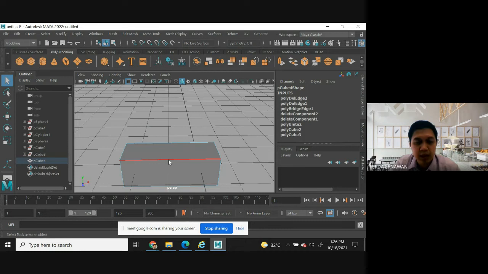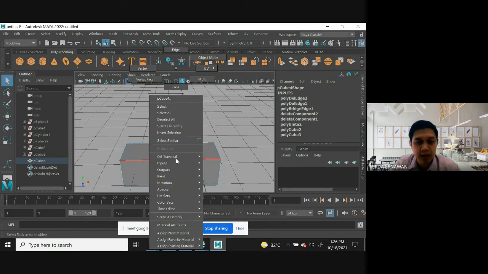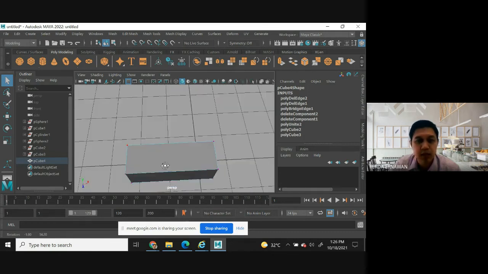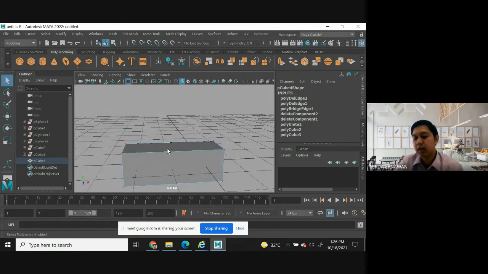If you look at the vertex here, there is no point in the middle. So in Maya, you learn about the bridge, about the vertex, about the detail. How to delete the line? How to make a bridge? Next one is the bevel.